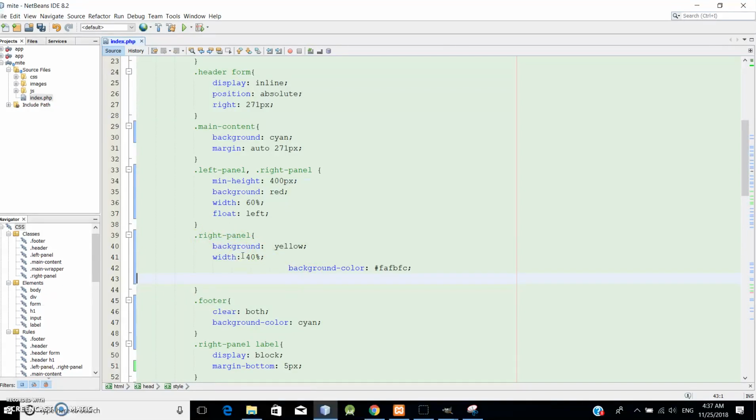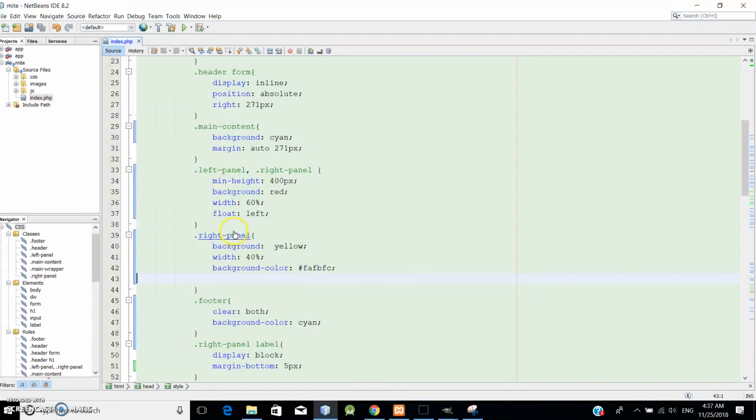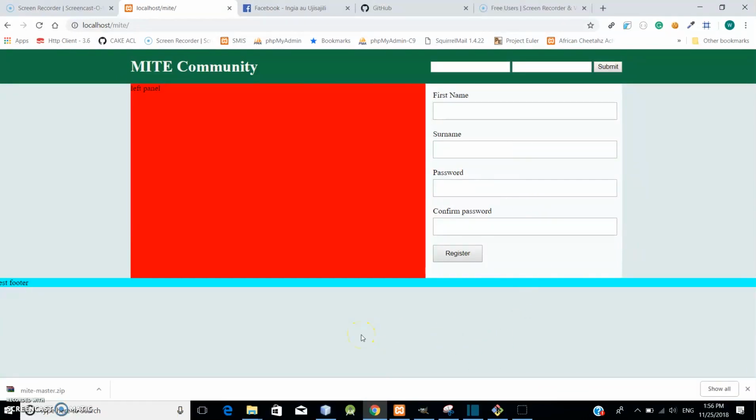Okay, so this is format source code. Okay, so change now, refresh. For now you have a nice cool sign up page, sign up form for your website. So far we have created our nice looking sign up form, but I want to share with you